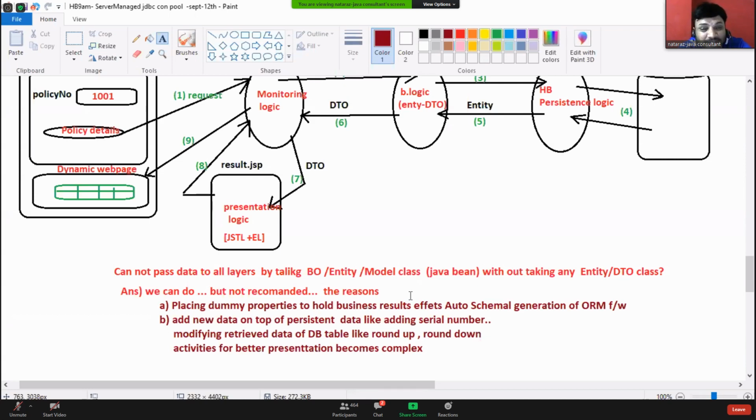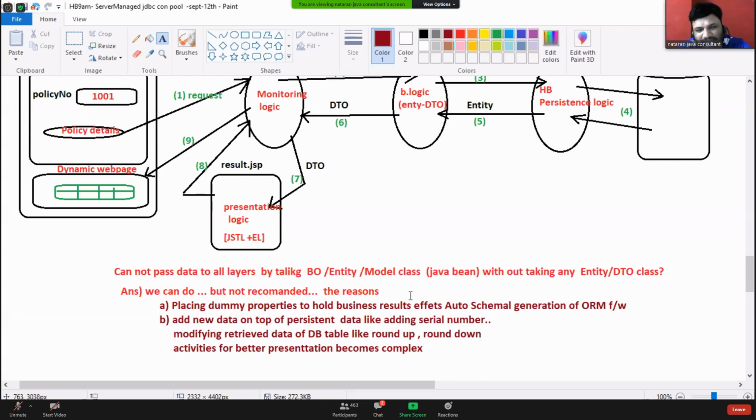Hibernate expects annotations, yeah, but Paytm people will not expect them. Wonderful point I have given here. You have taken an entity class for persistence, having JPA annotations and Hibernate annotations, no DTO, but the same data I want to even pass to